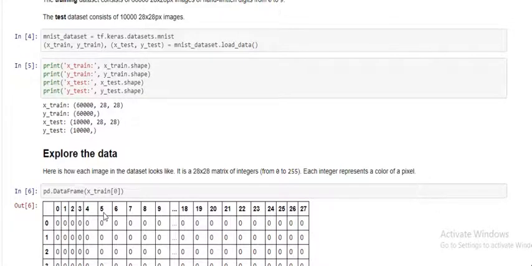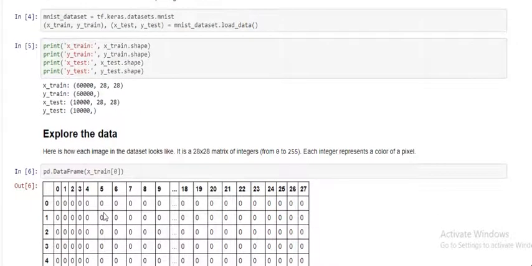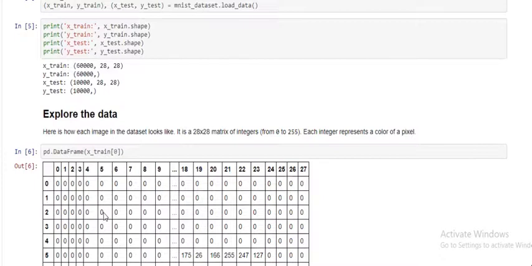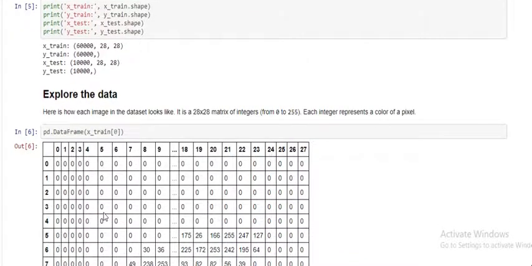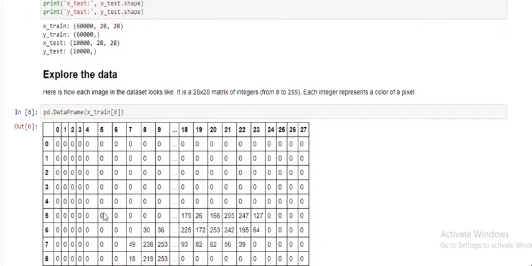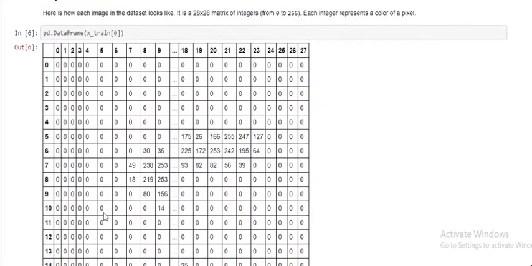For training we have an x variable and a y variable, and for testing we have x test and y test. Using the print function we can see the data. For x train we have 60,000 images, and the labels are stored in the y variable, y_train. The same holds for x test and y test.